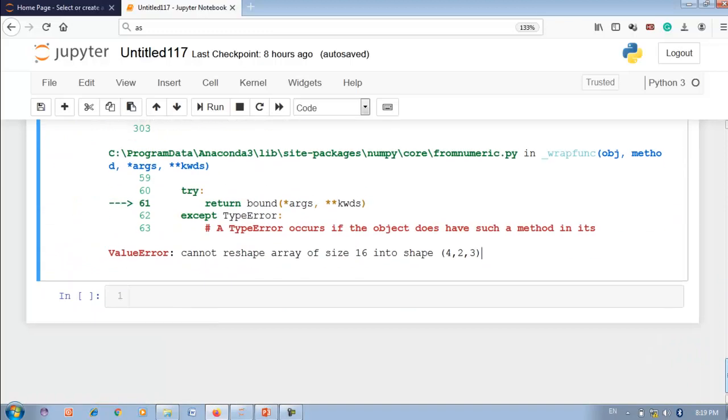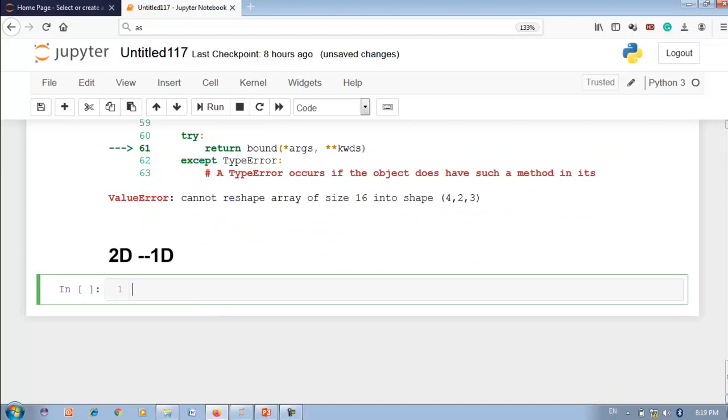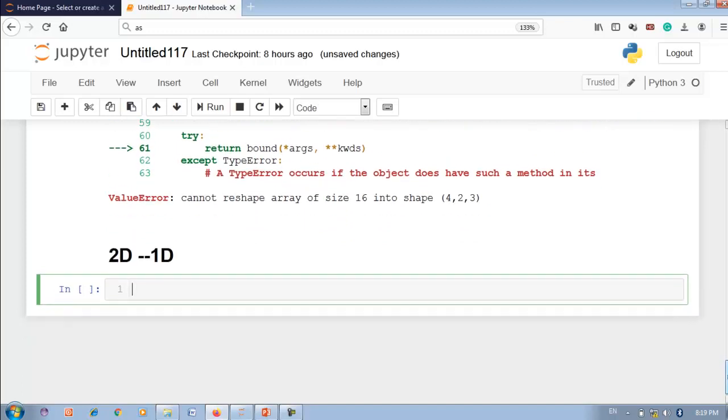Now let me convert back 2D to 1D array. This time let me take the np.zeros function, again with 4 cross 4.